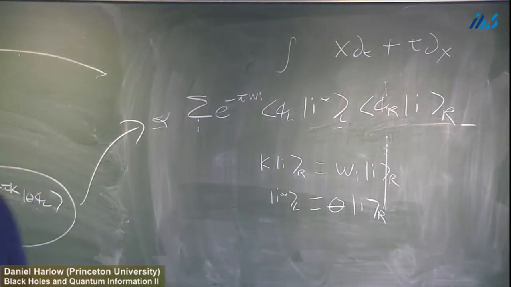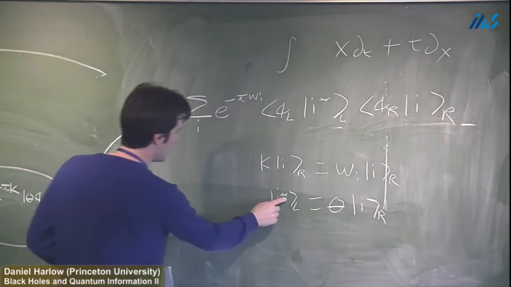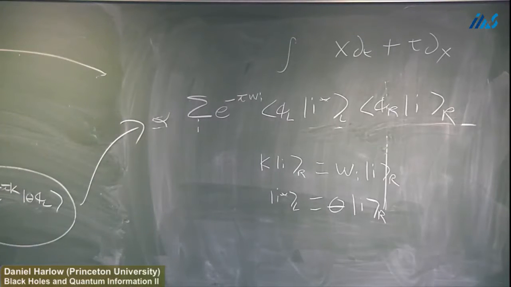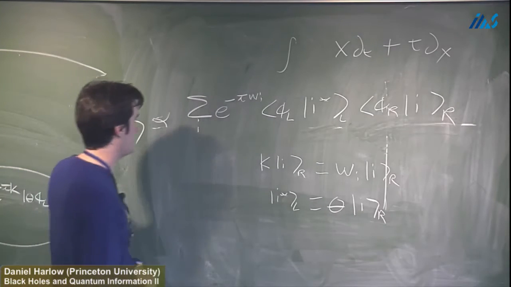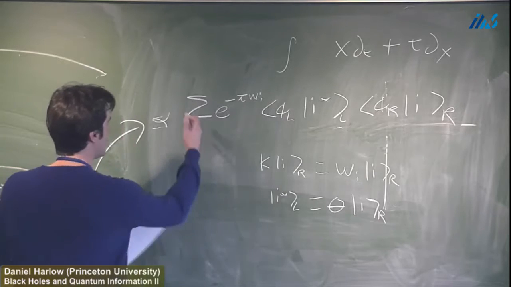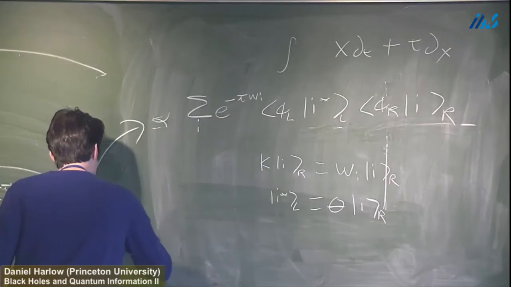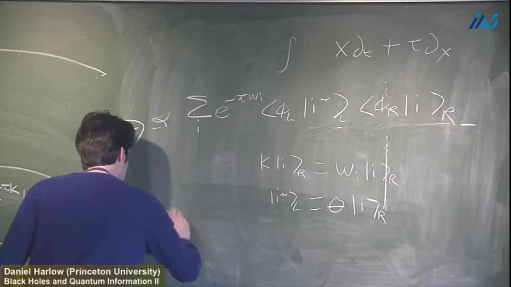So the CPT operator is the thing which flips you around like that. It gives you a map between the left and the right. So I wouldn't actually worry too much about the star. It's important if you care about the details of this. But anyway, this is great because now what we've learned is that the Minkowski vacuum as a state